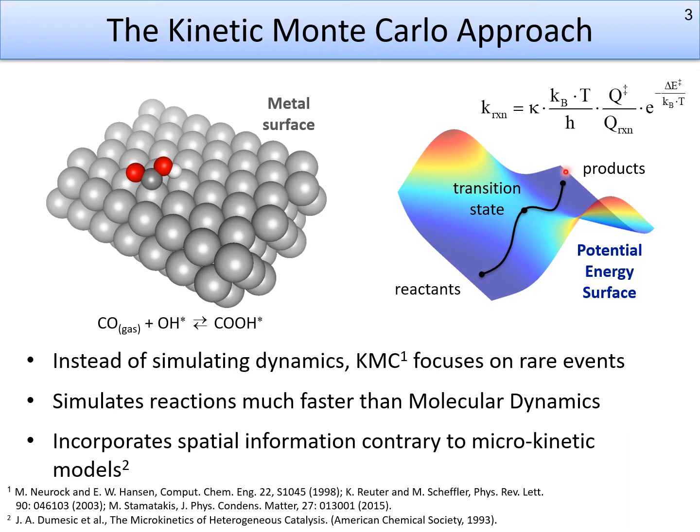So this is what kinetic Monte Carlo does, and of course in this lecture we're going to discuss this in more detail and see what kind of components we need for the simulation. So we end up simulating reactions much faster than molecular dynamics because we don't have to resolve all these atomic vibrations, and at the same time kinetic Monte Carlo incorporates, or rather retains, the spatial information. So in the kinetic Monte Carlo approach, we can tell which adsorbate is sitting on which site, right? So you still have the spatial information,